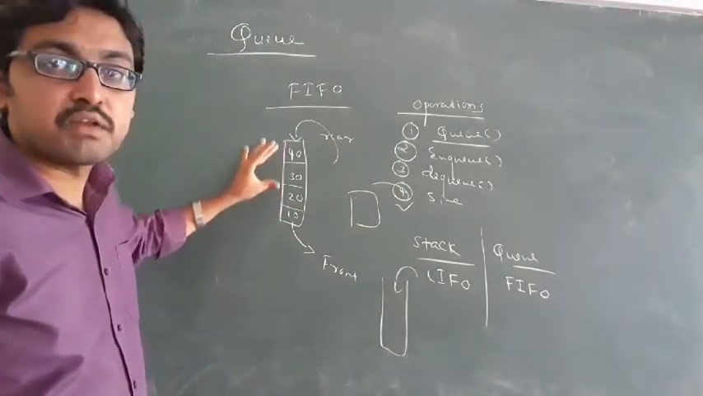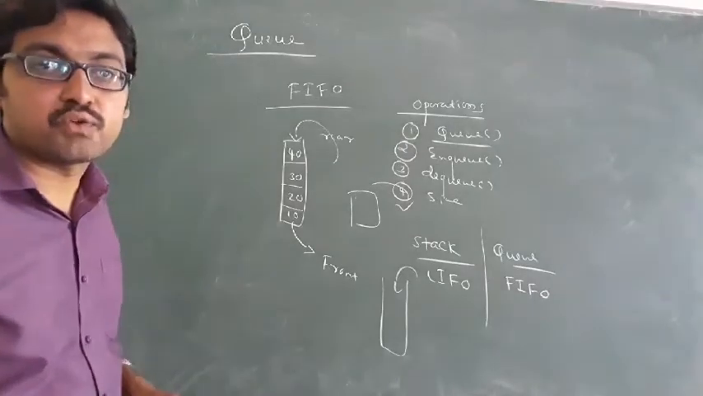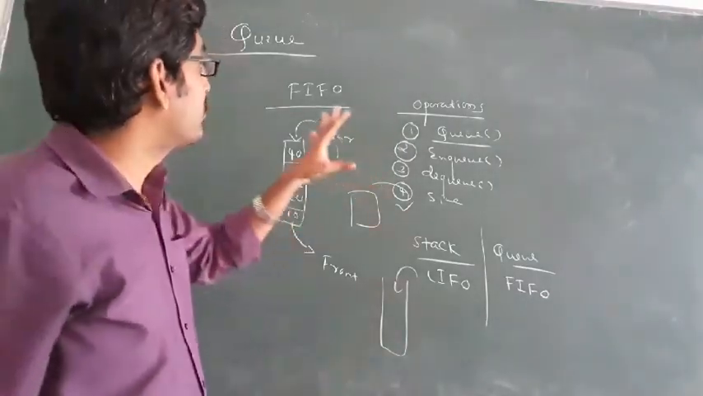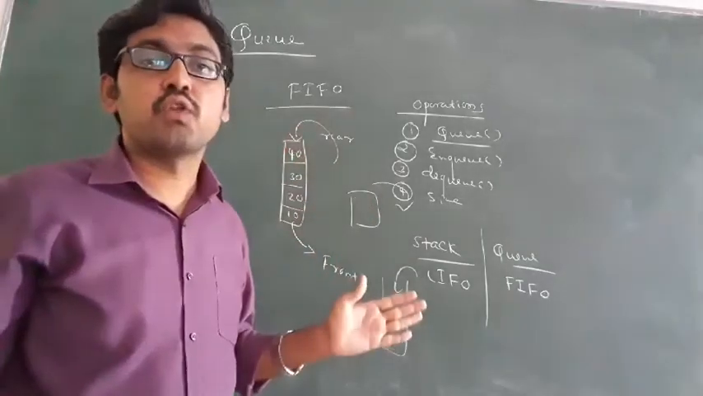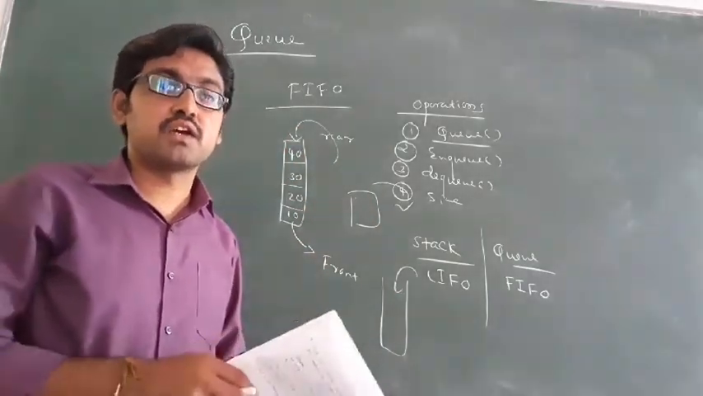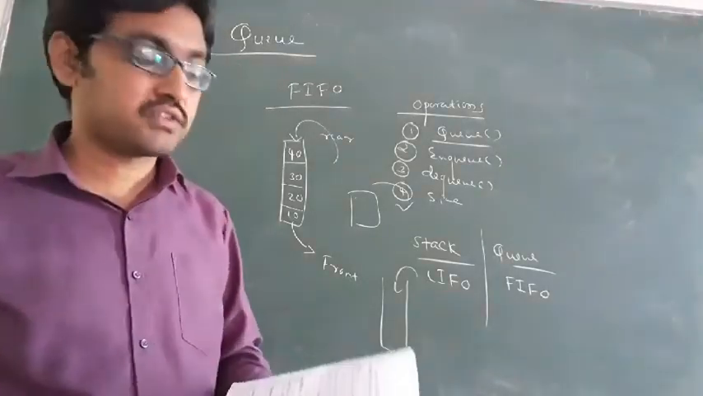Okay, how many elements? There are 4 elements. Last class you already studied these operations. This is what is about Q. The Q works on the principle of FIFO. This much you already studied. Next we can study about the